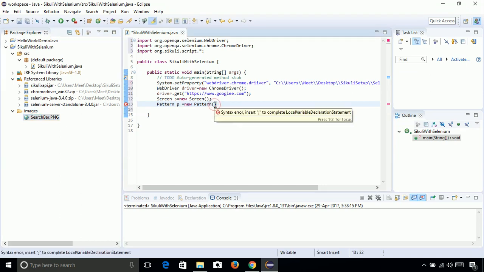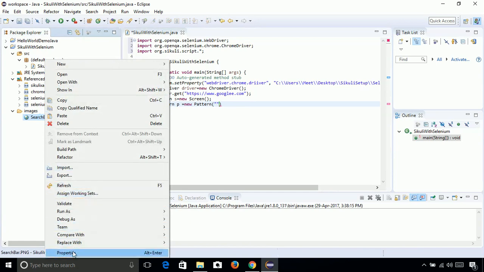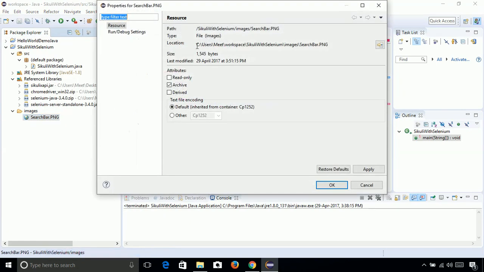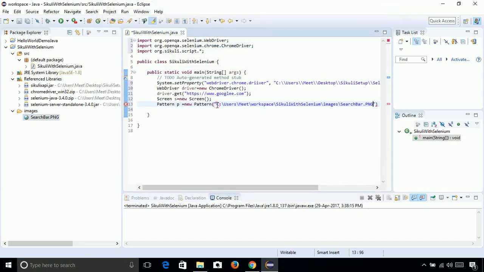Now here we have to give the image path. Let's copy this path first and paste it.